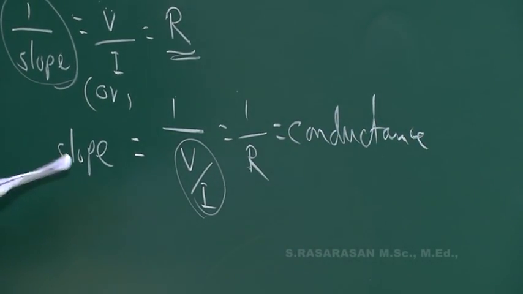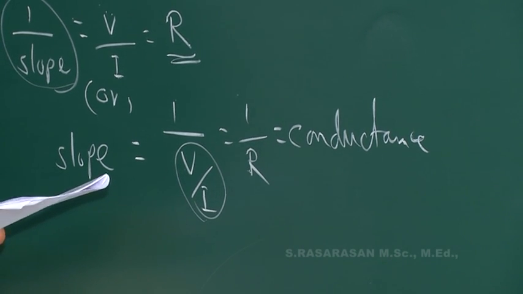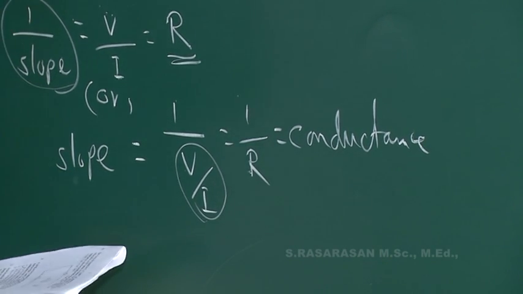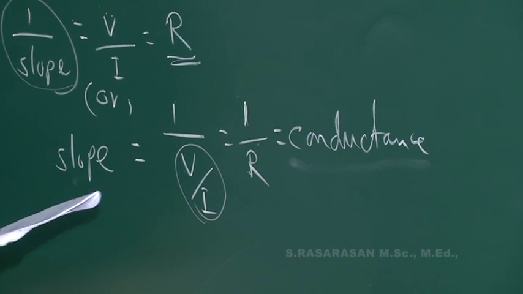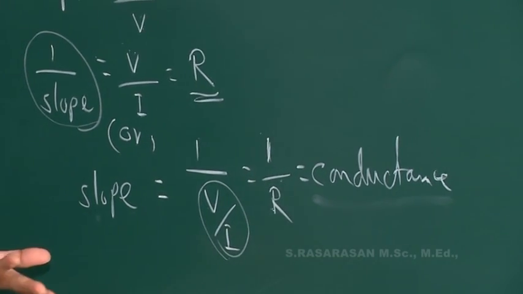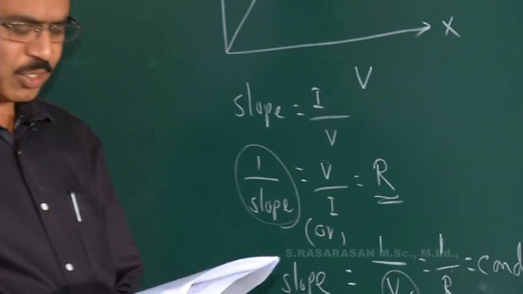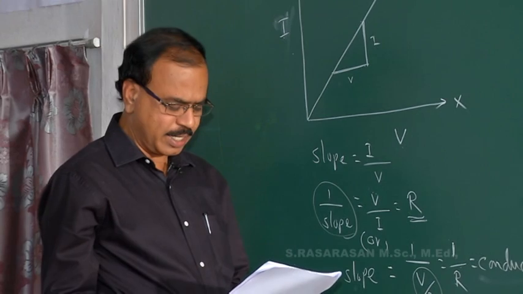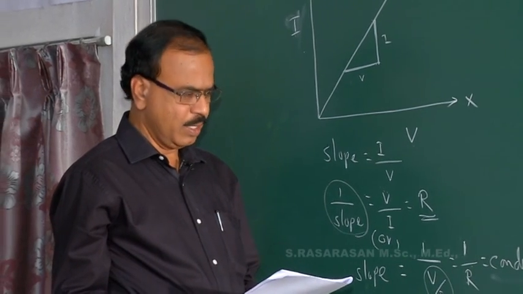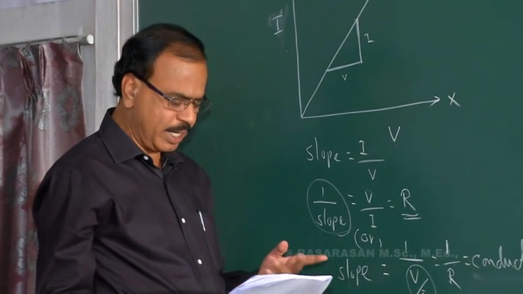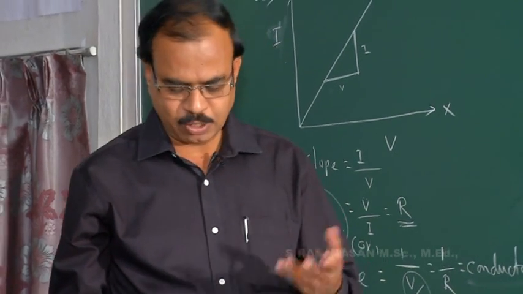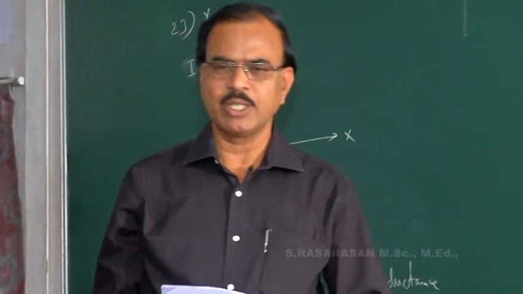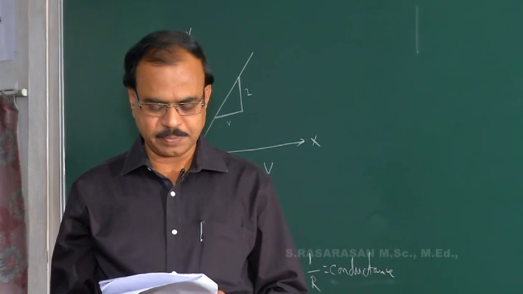So in this question, the slope of the straight line gives conductance, nothing but the reciprocal of resistance. Among the 4 options, we look for reciprocal of resistance or conductance. So the second option, conductance, is there. If they had asked reciprocal of the slope instead of the slope of the straight line in this question, the answer would be option A, that is resistance.